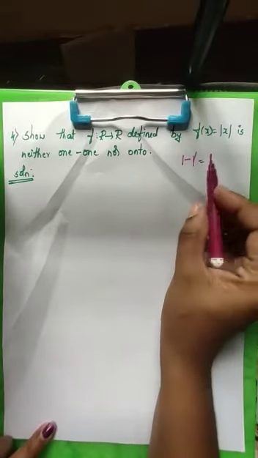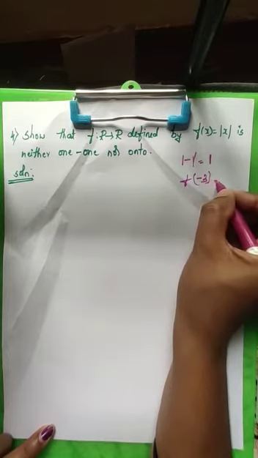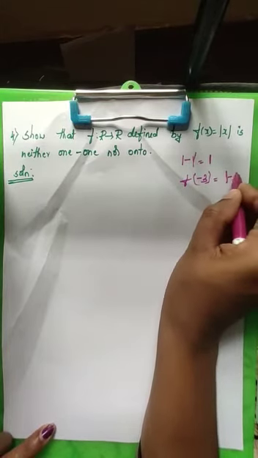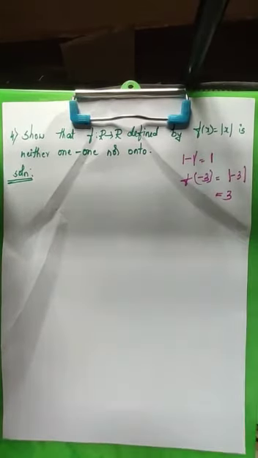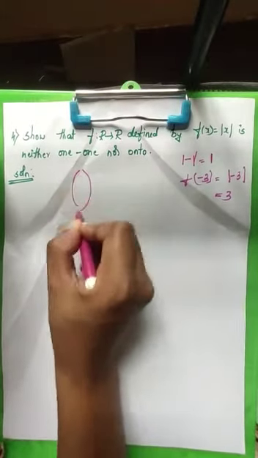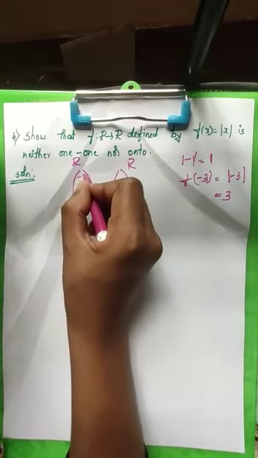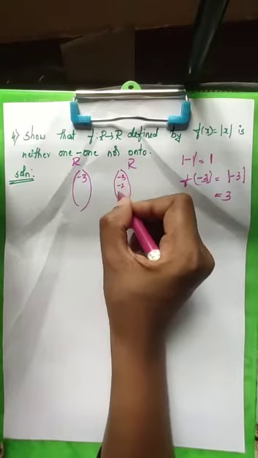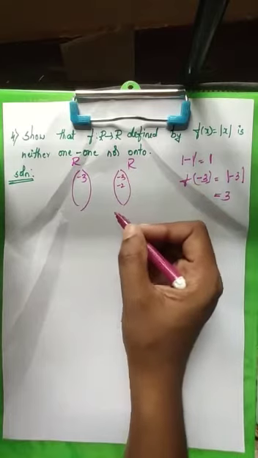So whatever real number you give, -3, what is f of -3? According to this, it should be mod of -3. What is mod of -3? It is 3. So whatever number you give, you'll get only positive numbers, correct? So by this you'll be clear that the range will be only positive numbers. Suppose this is domain R and this is codomain R. If you take any number, here also you'll have -3, in between you have other real numbers also, that is -3.5, -2.5, everything you have, okay?